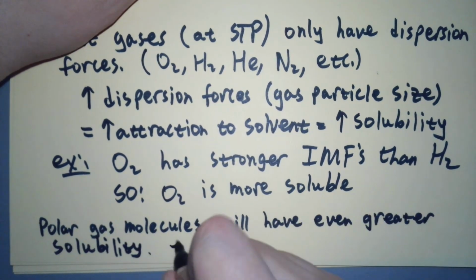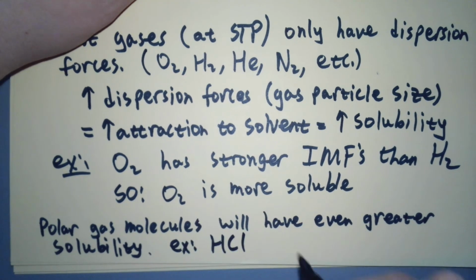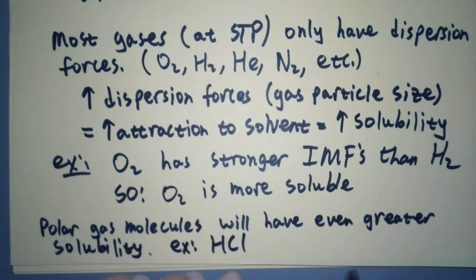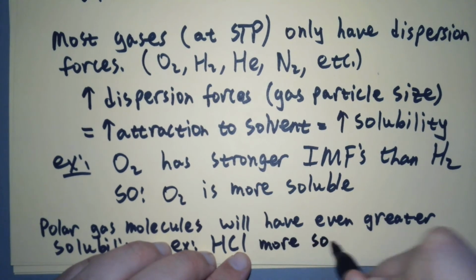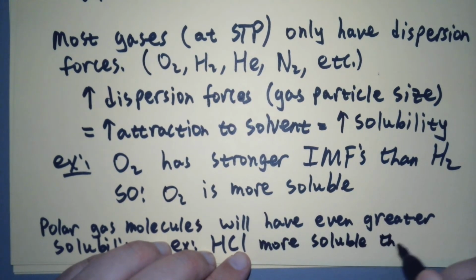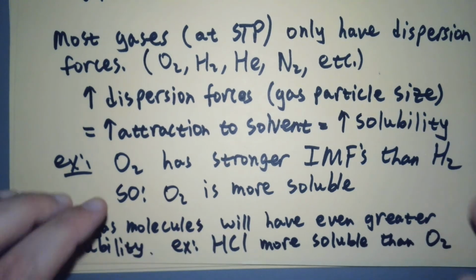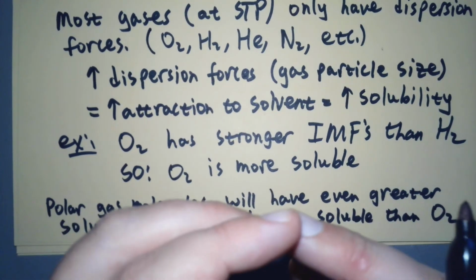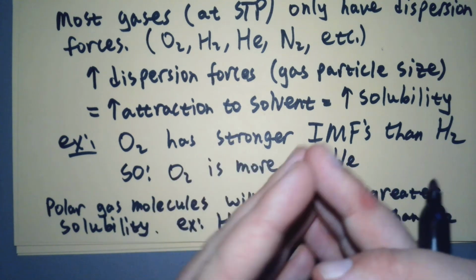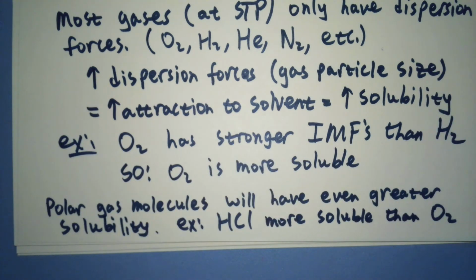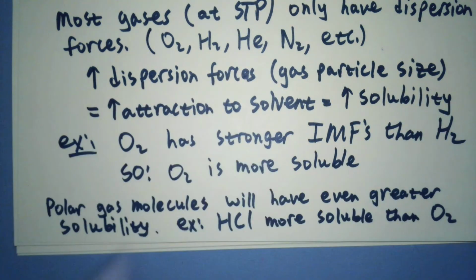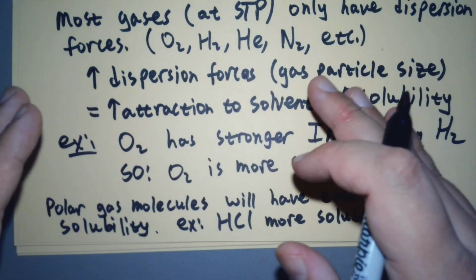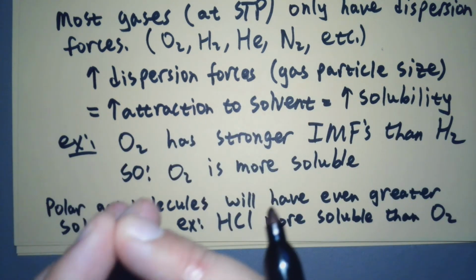Alright, and so the example here, HCl is a gas. It is very water soluble. It is polar. And so it's going to be more soluble than O2. Now, this is complicated a little bit because HCl doesn't just stay HCl when it dissolves. It becomes a strong acid and it goes H plus Cl minus. So that actually helps stabilize it and make it even more soluble, because now HCl's aren't bouncing back out of the liquid because they've separated. So they're kind of like stuck there. They don't just reassemble and leave very easily.